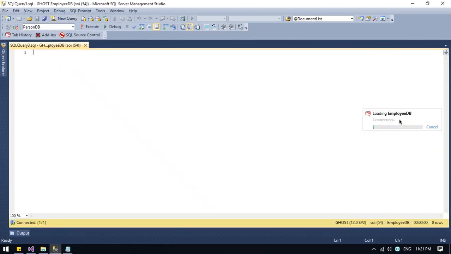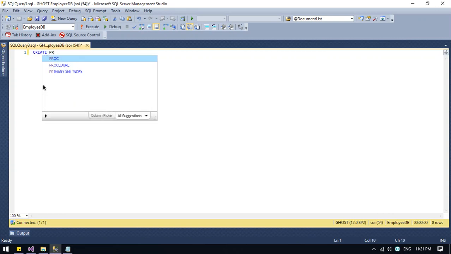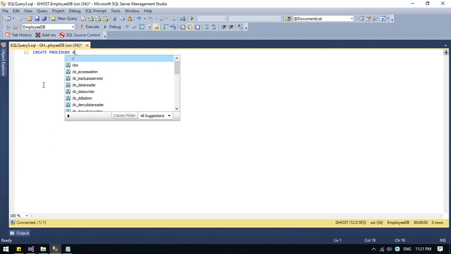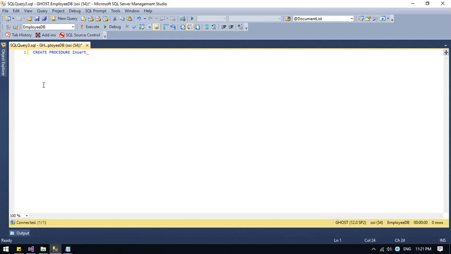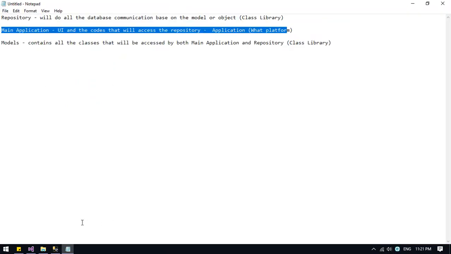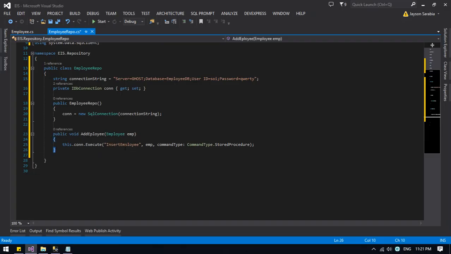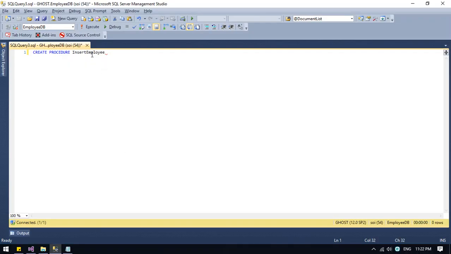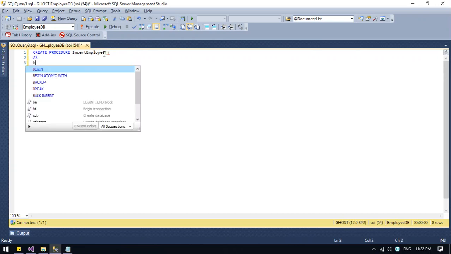As you all know, the syntax for creating a stored procedure is create procedure and then the procedure name. So let's say, for example, InsertEmployee, because that's the string that we have passed here. Then open parenthesis, parameters, and then as begin,